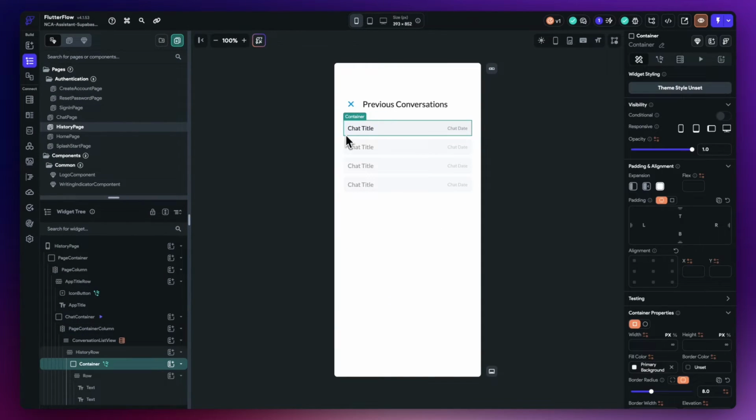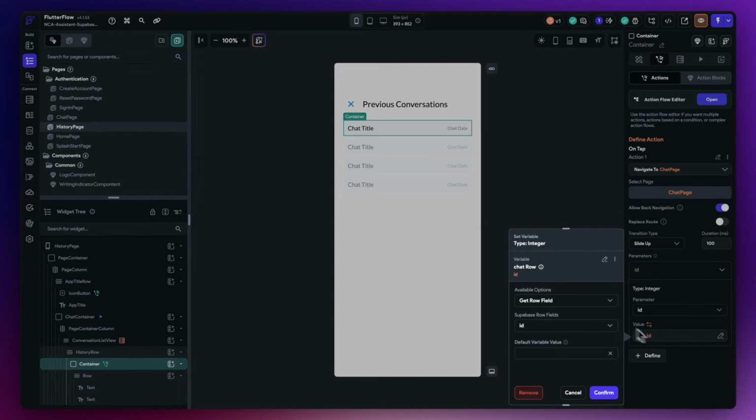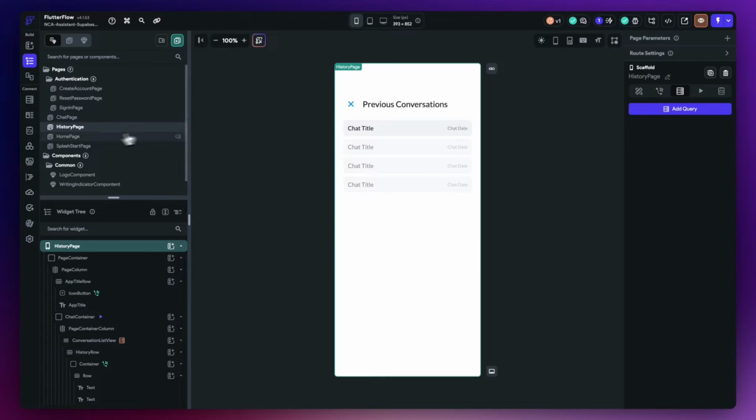Now, there is an action just behind this, which is going to navigate off to the chat page. And what I'm doing here is I'm just going to pass across the chat ID. So if I just go here, you can see as I navigate across, I'm just passing the parameter of the ID. So that's the actual row itself, the chat row here, and that will allow me, once I enter the chat page, to do some lookup and get some detail about that chat, and then I can use that on that particular page. That's going to be really important because I'll explain another use where I'm using that in a slightly different way in just a moment. So once that's done, let's now move back to the home page itself,